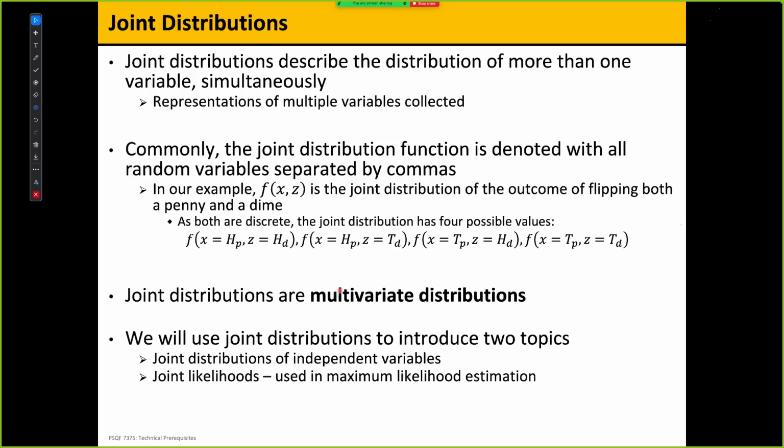So we're going to use joint distributions to introduce two topics. This is where we're headed. Joint distributions of independent variables, which is this example. I'm saying nothing about the coins being unfair, so they shouldn't be related in how I flip them. And then joint distributions used in maximum likelihood estimation. The other thing I'll add to that in the context of missing data